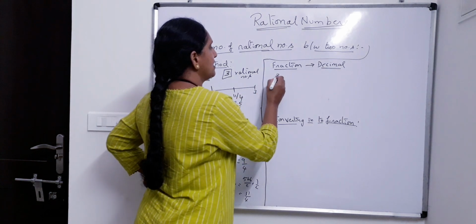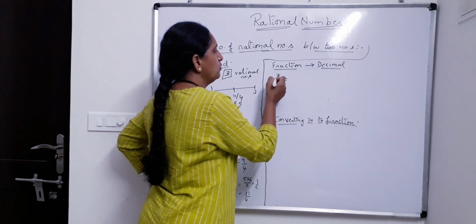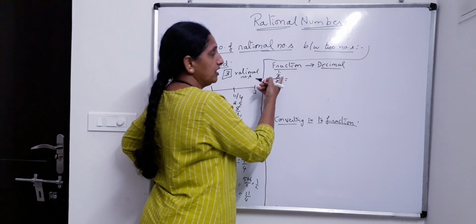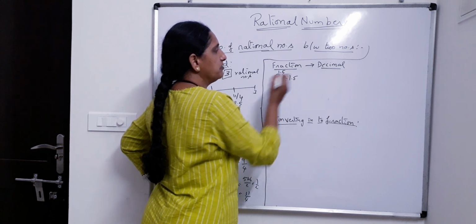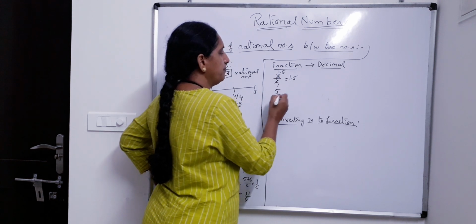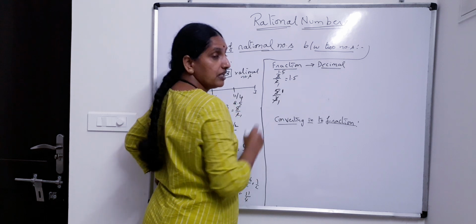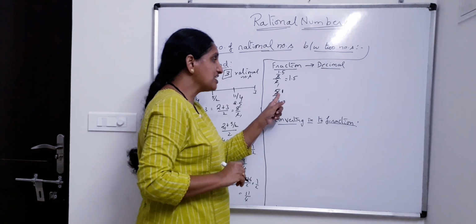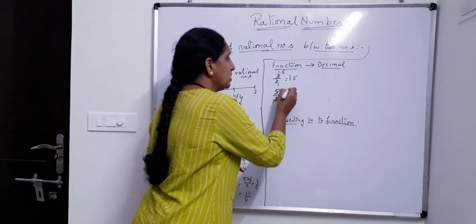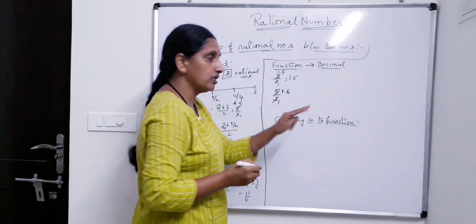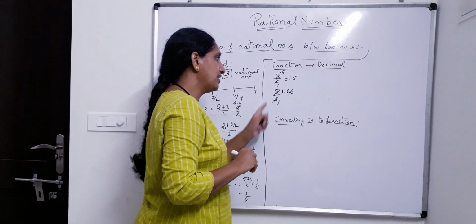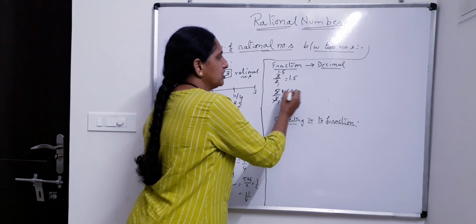So I'll take it as 3 by 2. Let us do. 2 ones are 2, remainder is 1. Put a point here, that 1 will become 10, 2 fives are 10. So 1.5. So fraction is converted into 1.5. So now let me take 5 by 3. So 3 ones are 3. Now 2 is the remainder. Put a point here, 2 will become 20, 3 6s are 18. Again 2 remainder. Since you have put a point here, that will become 20. 3 6s are 18. Again 2 is the remainder, 6. Like that